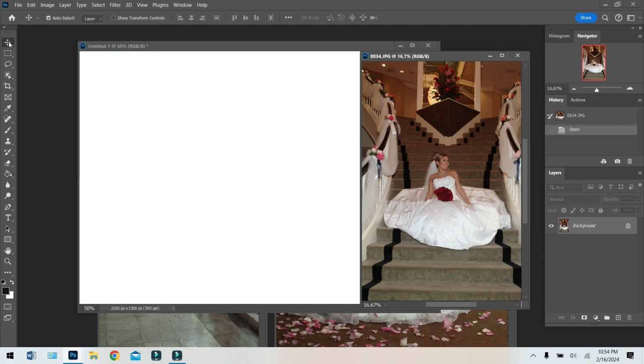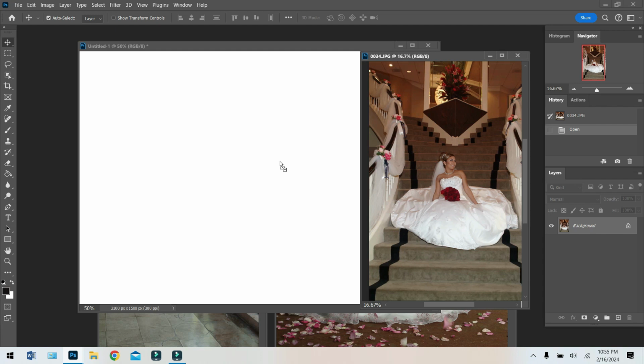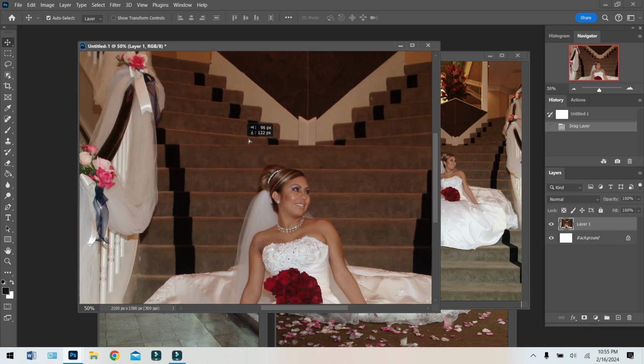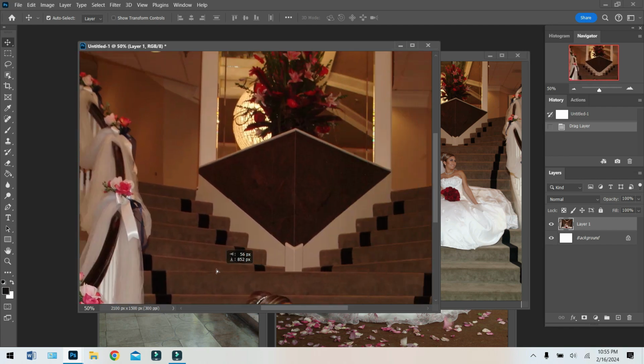So you go to your move tool. We're on the move tool, and if you wanted to do the keyboard shortcut, you could just hit V, the letter V on your keyboard. But I'm just gonna use the move tool, come and put your cursor on the picture, left click, hold, and just drag it over and let go. Now it is definitely larger than my canvas